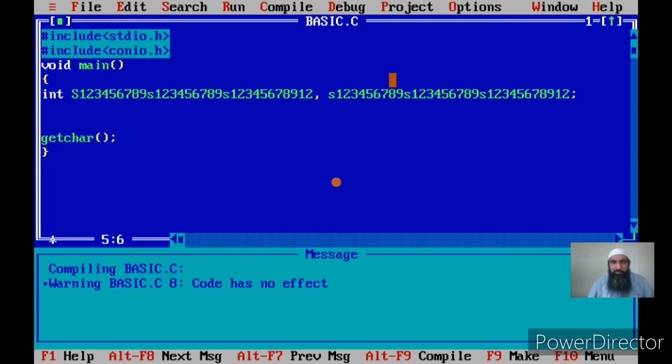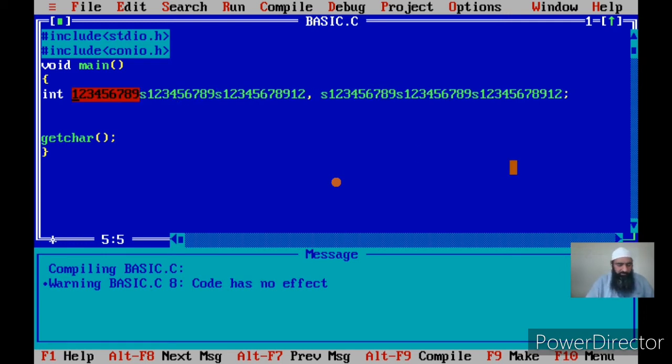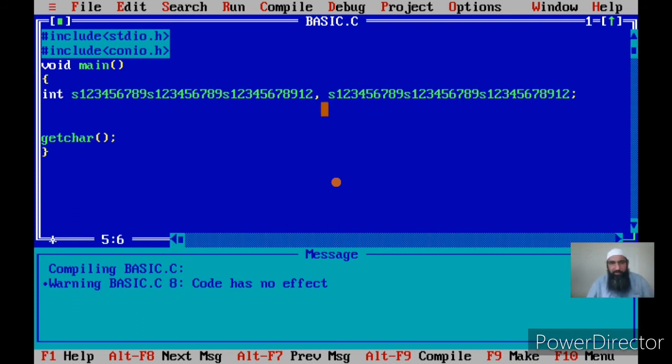If you see this variable name and this variable name, if you count the number of characters in this variable name, it happens to be 10, then 10, 10, 20, 30, 31, 32. Let me make them first with the same name. Now these two variables have the same name. If I compile it, it will give errors.